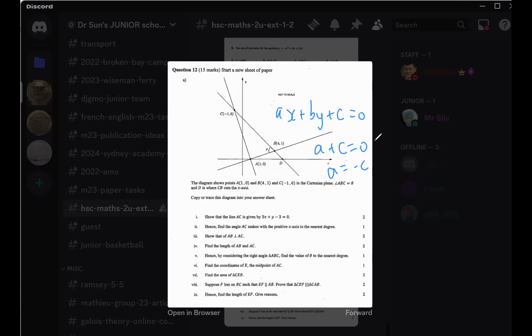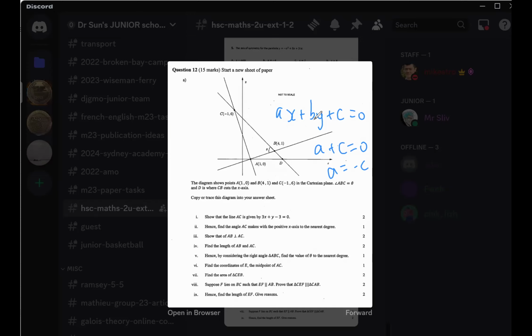And if a and c were both 0, then you get y equals 0. And it's not y equals 0, because that's the x-axis. Then you can actually just set them to be 3 by dividing by something. But maybe don't do that just yet, especially in this context. Maybe it's easier just to sub in